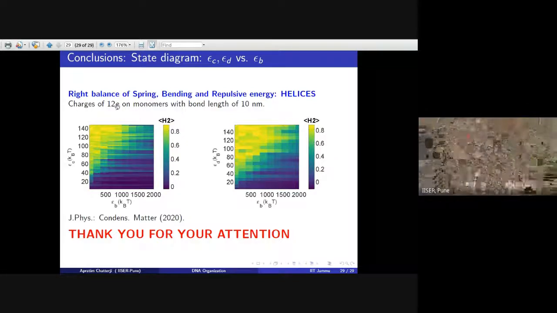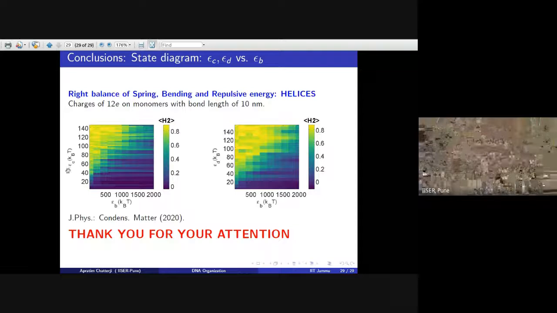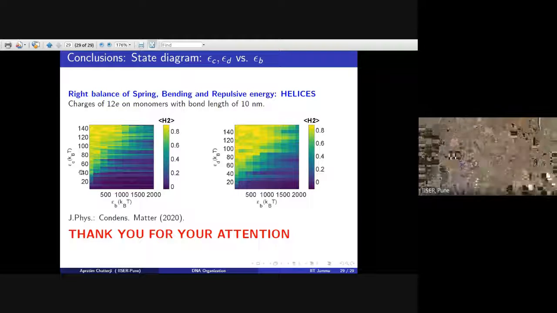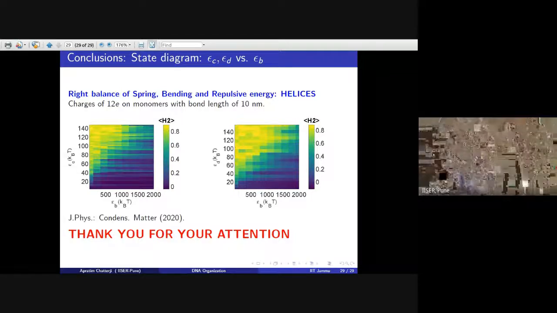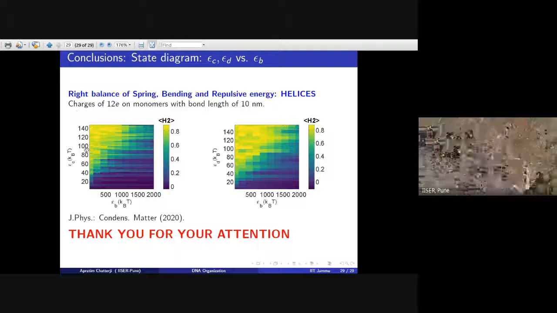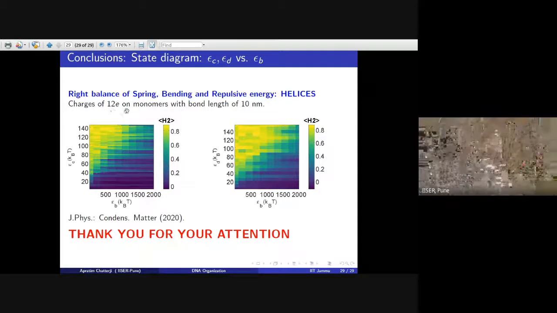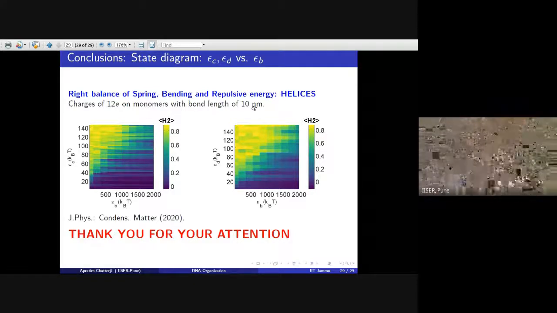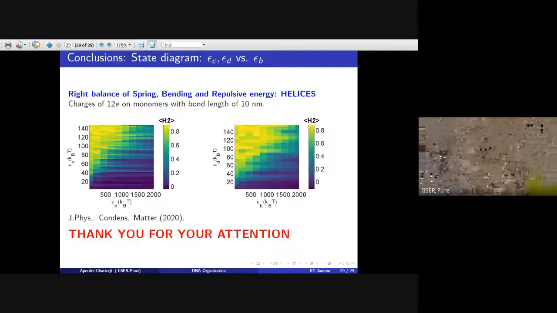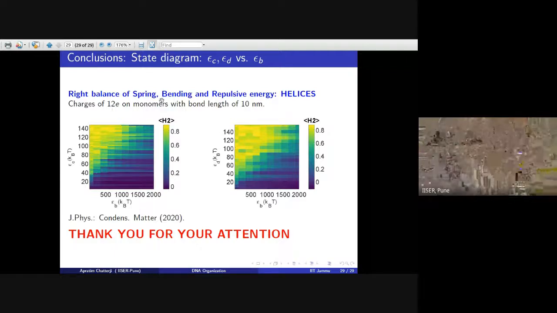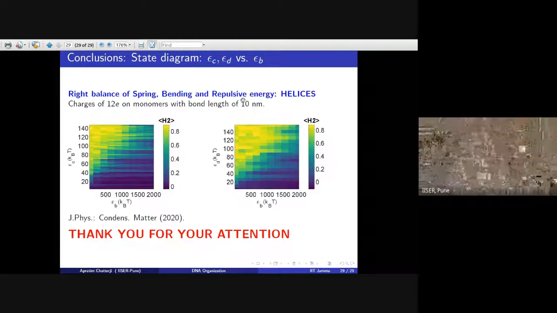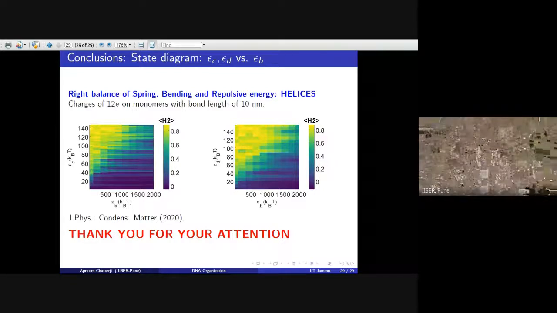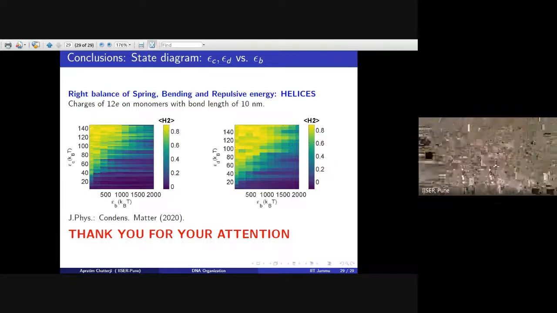Just to tell you the value of the Coulomb interaction repulsion that we had to use, they are extremely realizable in nature. I didn't have to put in weird values, but they are unscreened. So the charges that we worked with are in the range of 12 e, on a length scale of 10 nanometers. A DNA chain is more charged than this. Okay, so the basic message is the right balance of spring, bending energy, and repulsive energy produces helices, but which dissolve away in time.